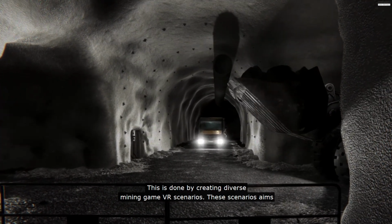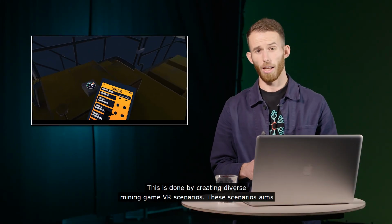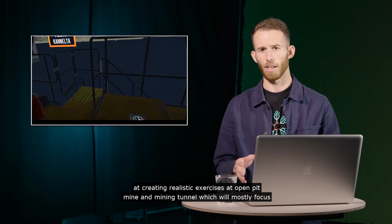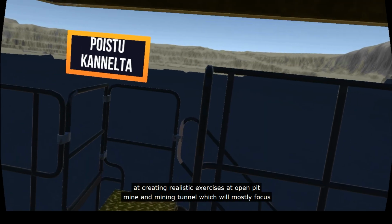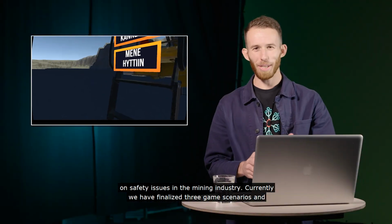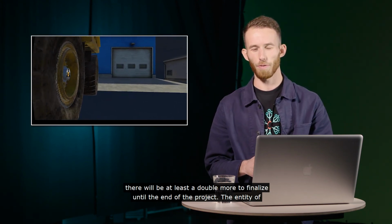This is done by creating diverse mining game VR scenarios. These scenarios aim at creating realistic exercises at an open pit mine and mining tunnel, which will mostly focus on safety issues in the mining industry. Currently, we have finalized 3 game scenarios, and there will be at least double more to finalize until the